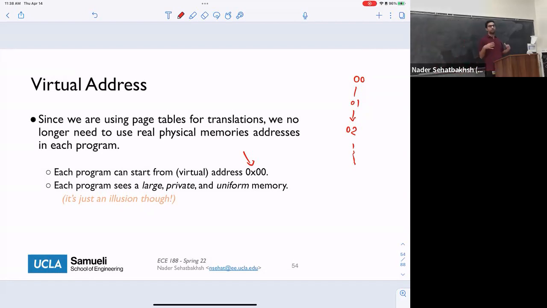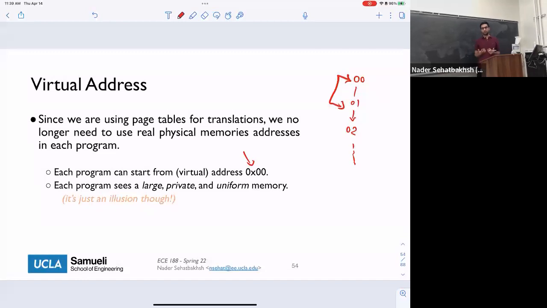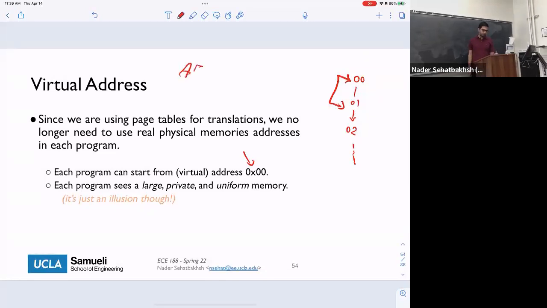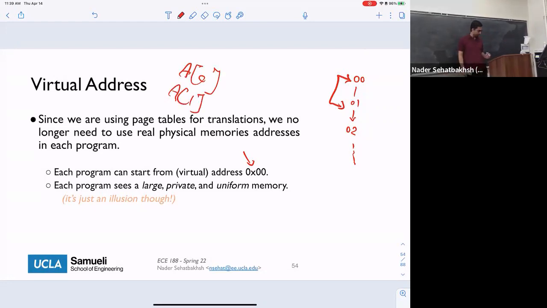But in reality, this is not what's happening, because this address then gets translated to a physical address, and even two continuous addresses might be mapped into very different physical addresses. But from the programming or software standpoint, we don't care. We just write our programs the way we do, right? We say A0, A1, A2. In reality, these are very separate addresses, but we don't care, okay?